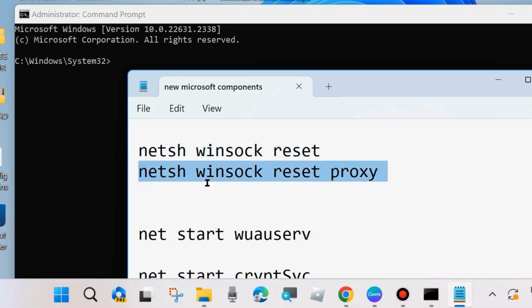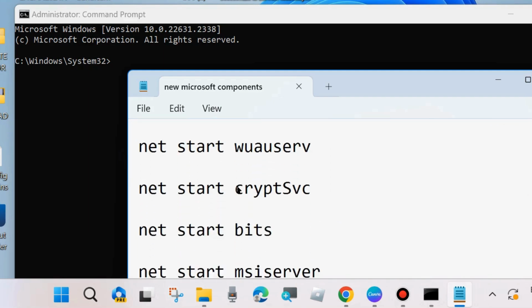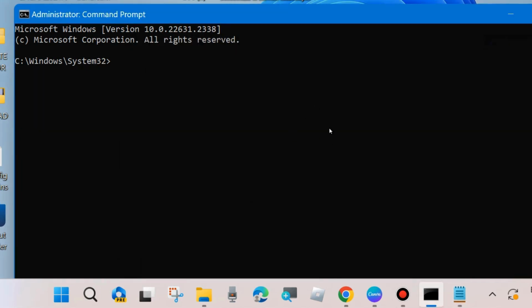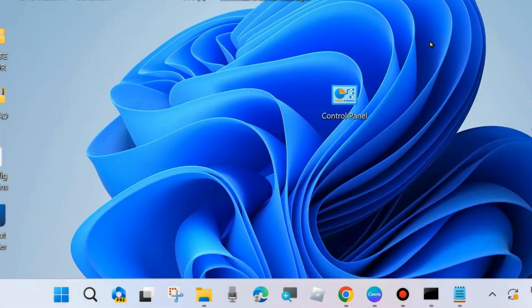Execute them one by one, followed by the Enter key each time, and thereafter start all those 4 services you have earlier stopped. Execute these 4 commands in Command Prompt one by one to start these services. After that, restart your system and check. Your problem will definitely be